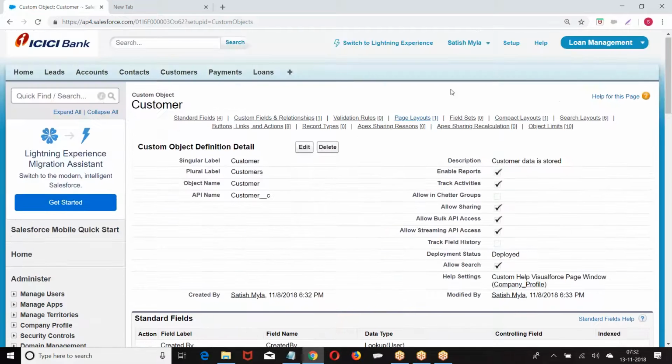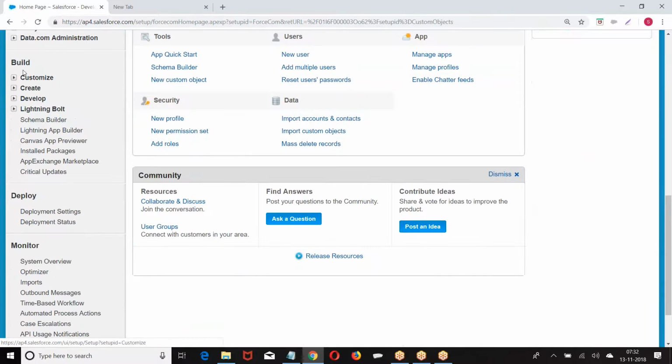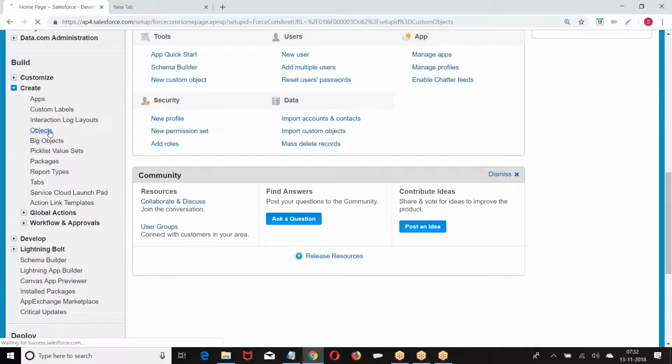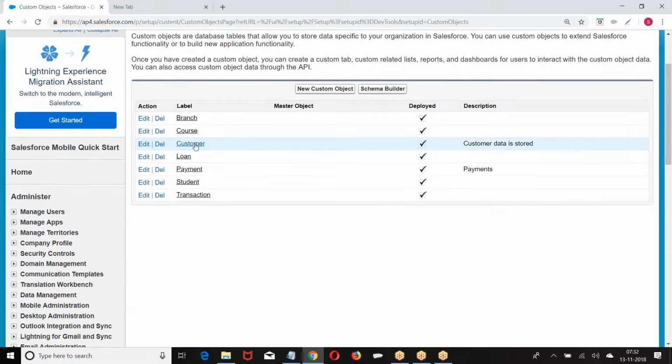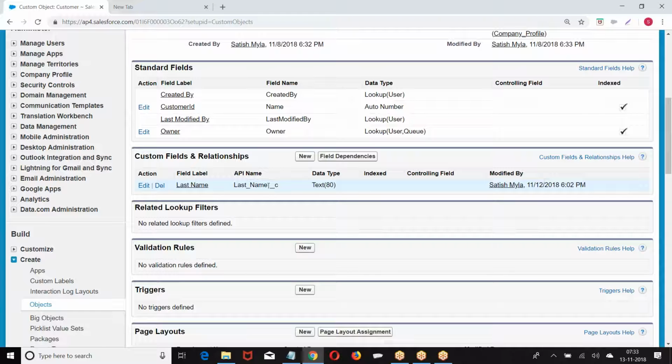Again, what is the navigation? Setup, build, create, objects, customer object. Now, why are you getting underscore c? It is a custom field which you have created.